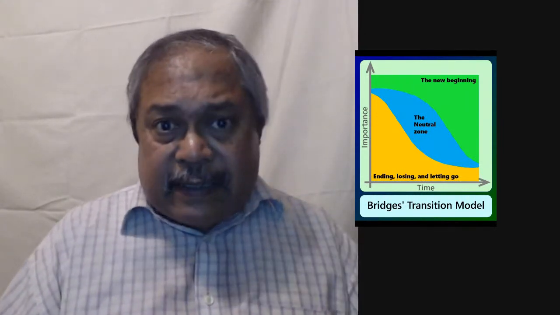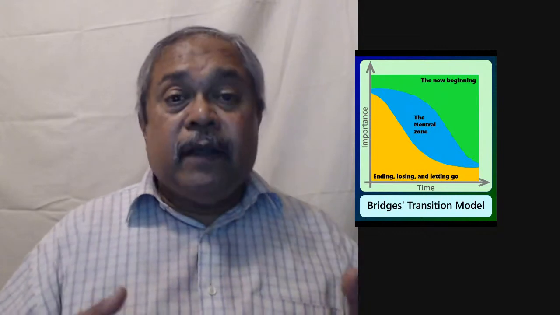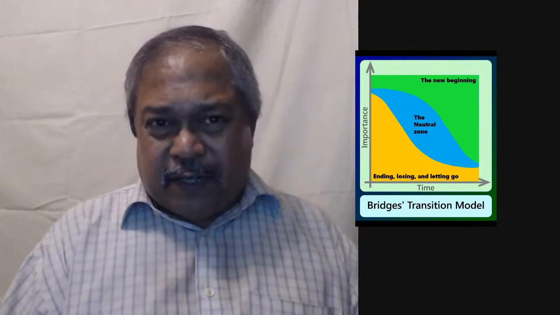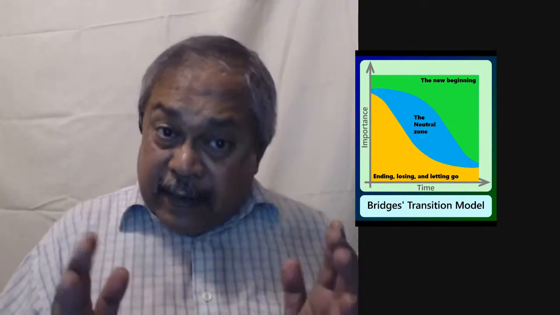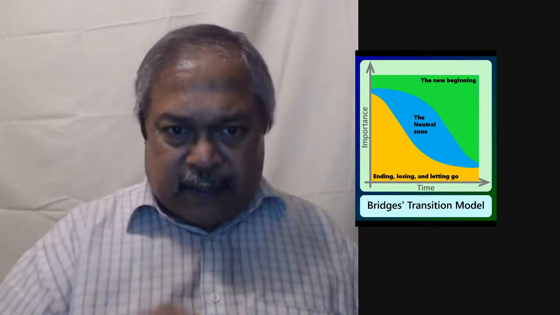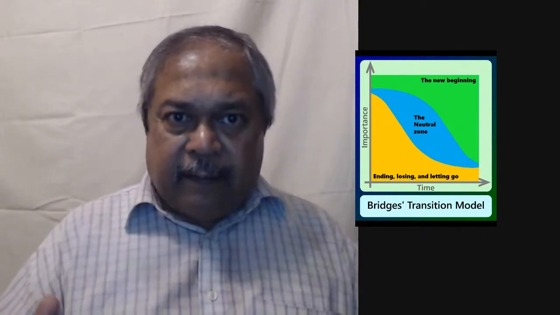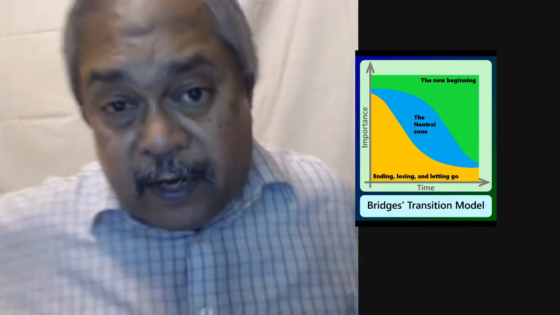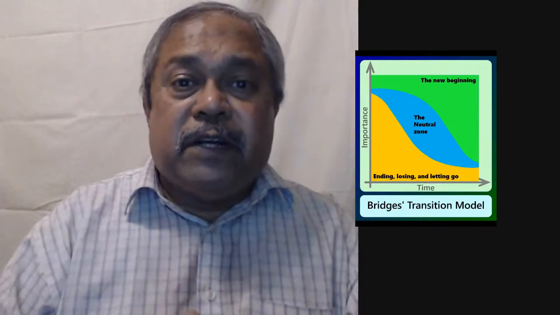Okay. As time progresses, as I start venturing into the change, the resistance increases because I feel that what I'm doing is not really going to help me. Therefore, the threshold level also increases. The neutral zone increases. You just see that graph. As you move along in time, the neutral zone increases because that is when you need more carrots and more sticks to make sure that the change is persistent.